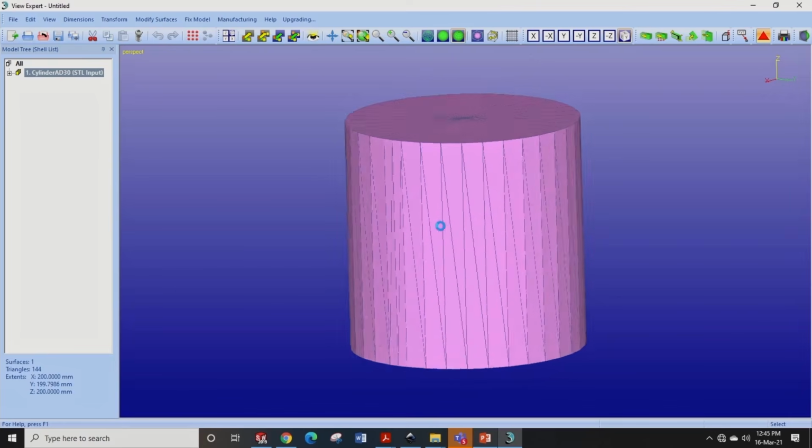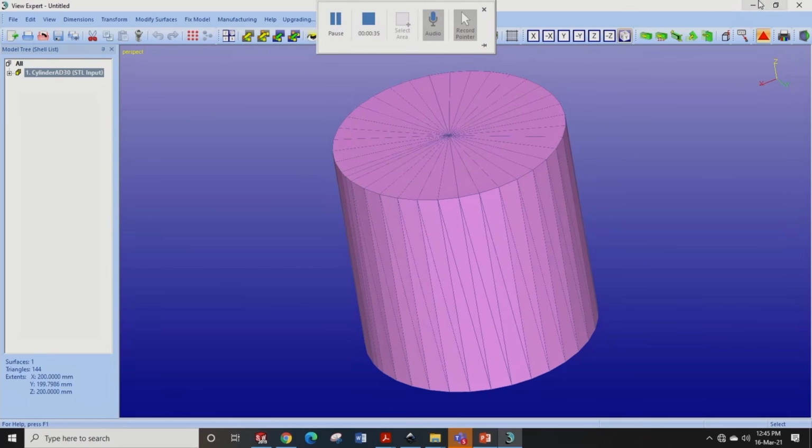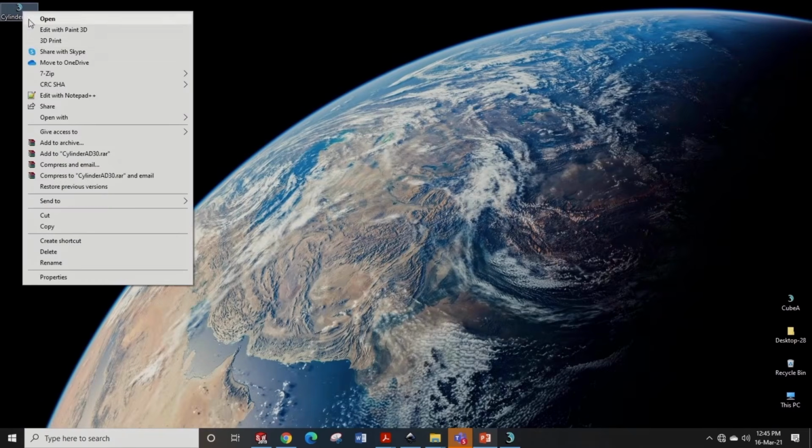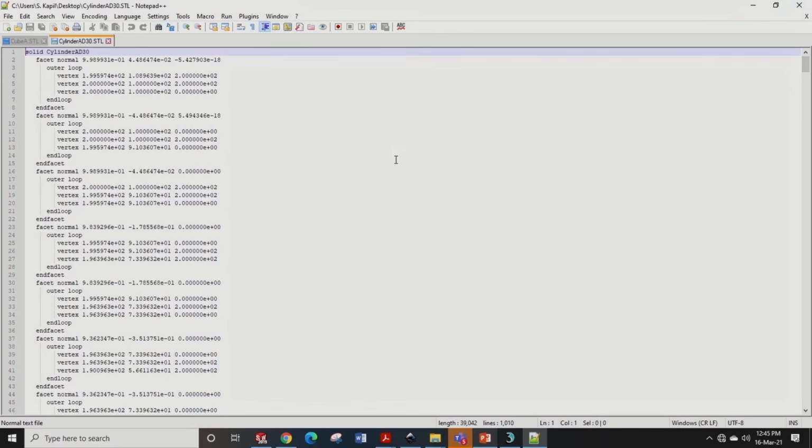Now you can also see, if I look at the ASCII code of that, these are some triangles on the periphery, because if they are the triangles on the top or bottom surface, their facet normal will be either 0, 0, 1 or 0, 0, minus 1. But there are some numbers here, that means these are the triangles corresponding to the periphery.